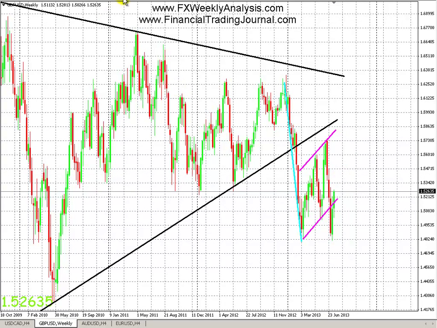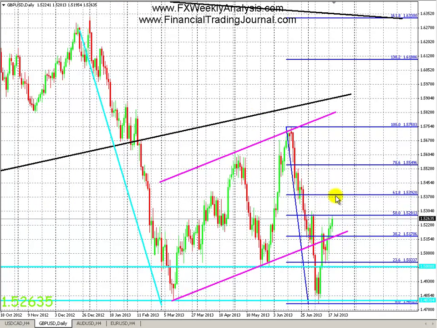So moving on to the daily chart. So I was right. The 61.8 fib level is right here, 1.5392. We're currently at 1.5281, so that's about 110 pips away. This is the 50% fib level. So this was a level of interest this week. And as you can see, we've been pretty much going up for the past 1, 2, 3, 4 days.